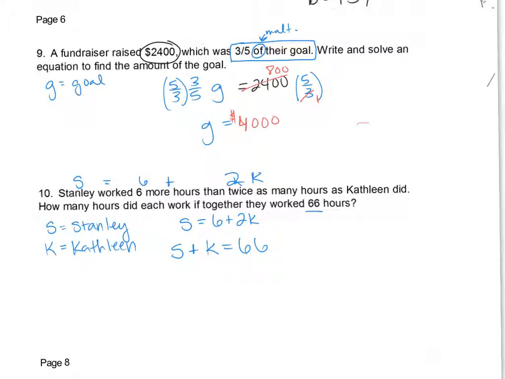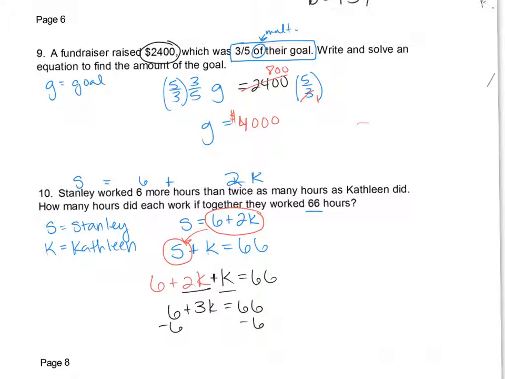So here we have another question where we're going to have to substitute in the 6 plus 2k. We're going to have to substitute it in the second equation for Stanley, for S. So we have 6 plus 2k, that's what we substituted. Then we finish writing plus k equals 66. Combine like terms. 6 plus 3k equals 66, and we can solve from there. So we have 3k equals